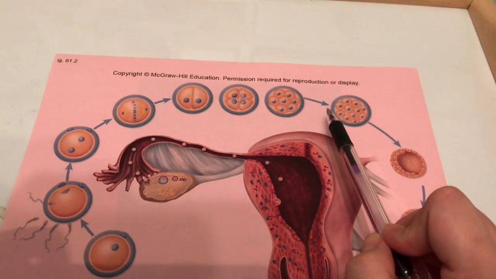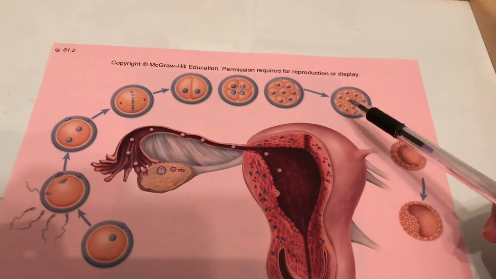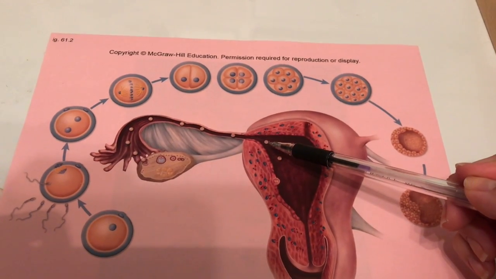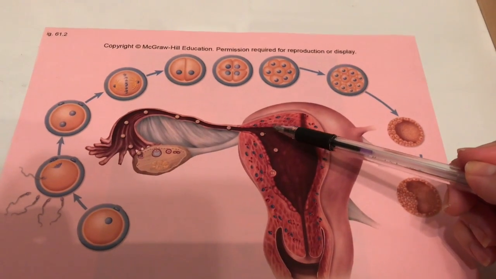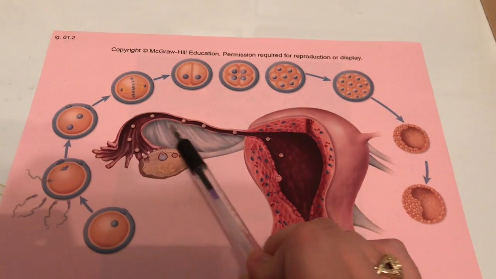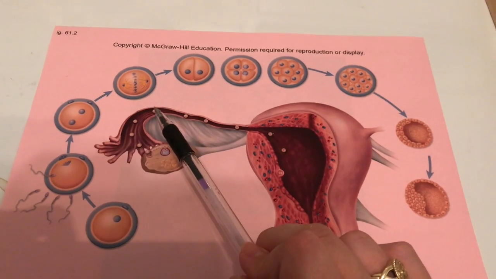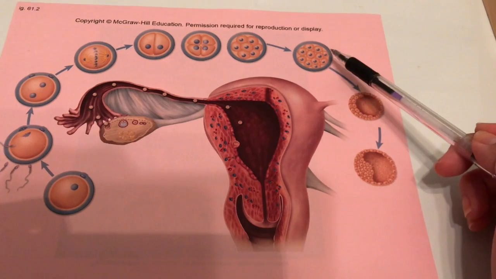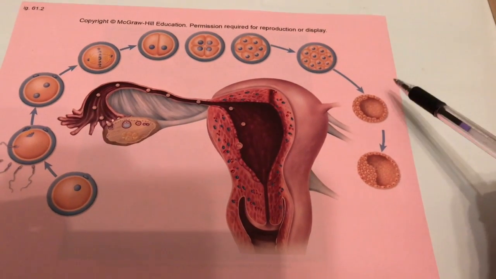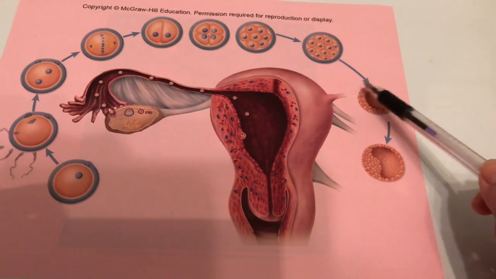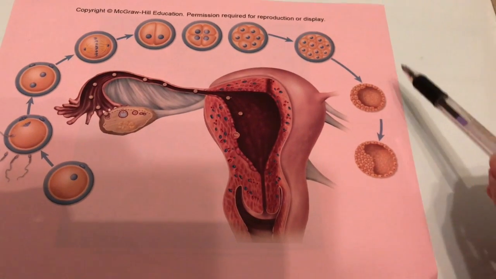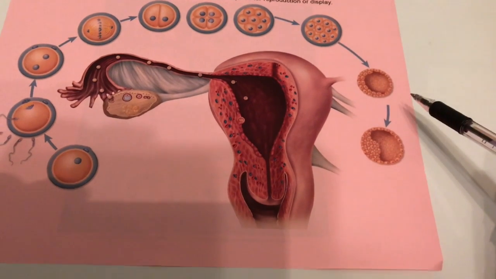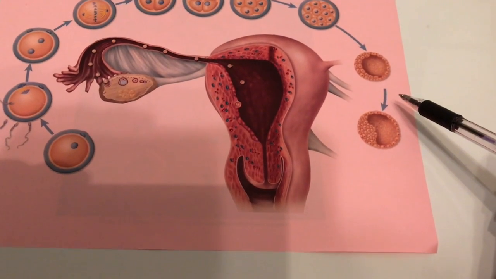And next we have the morula, which is where the zygote usually enters the uterus. All of the previous steps were happening within the uterine tubes. So once it enters the uterus, the morula will develop into a blastocyst, which is this structure here. There's usually a cavity within it, and then it develops into